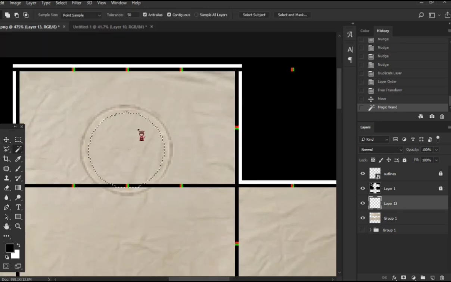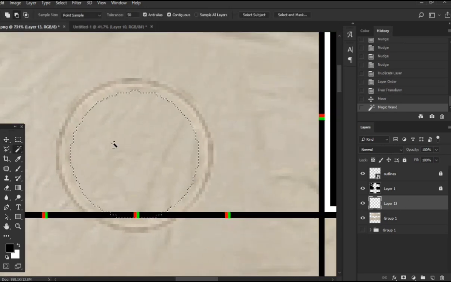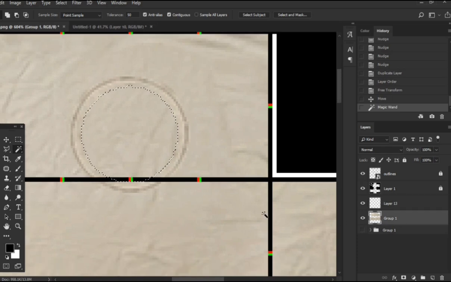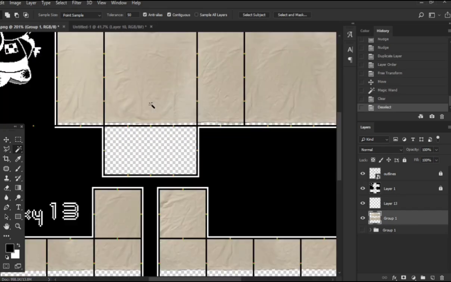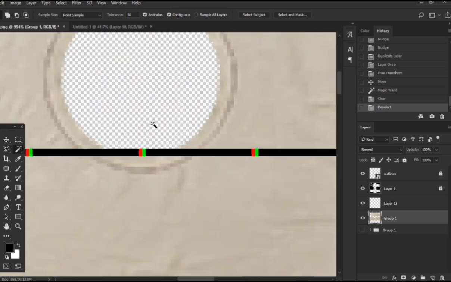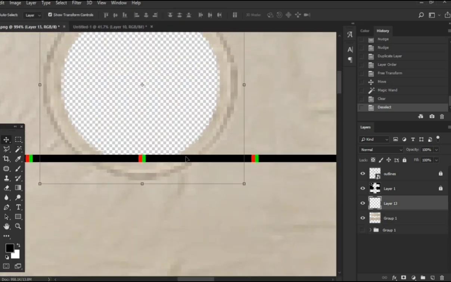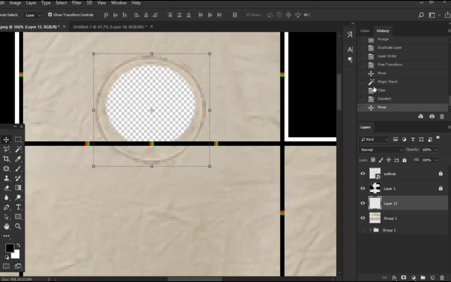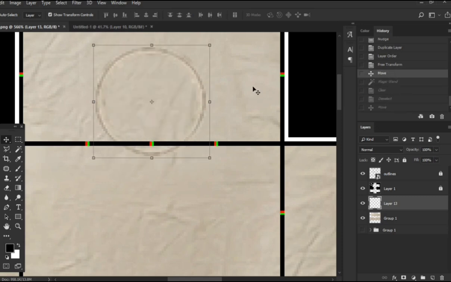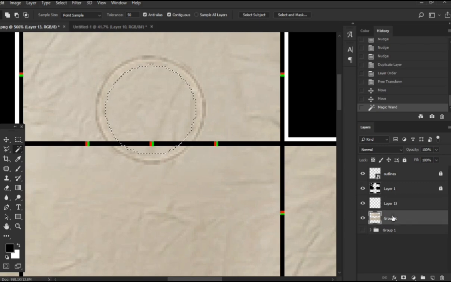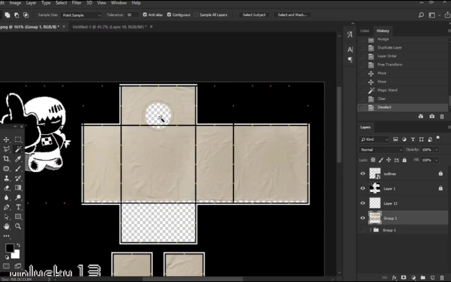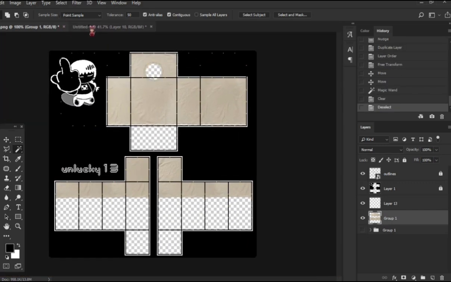Then select the insides of this, select the ref, delete, and there you go. The neck hole is in place. Actually, let's rewind a bit. I want it lower. There you go. Next up,